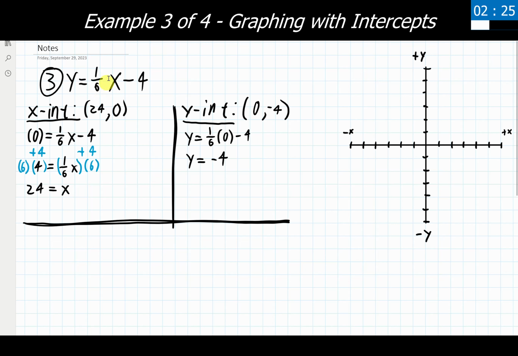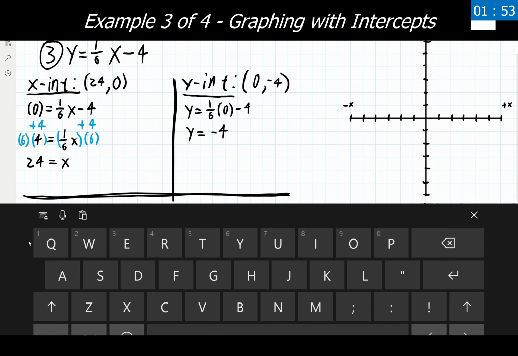Now, notice here that if we're choosing an x value, the number in front here, this coefficient, is a fraction. If you want to avoid having fraction answers showing up, make sure you pick an x value that is a multiple of the denominator. So in this case, the denominator is 6. So I could pick 6, 12, 18, 24, things like that, and that would give me a whole number answer coming afterwards. So I'm going to go ahead and do that down here. So I'm going to choose an x value of 6.